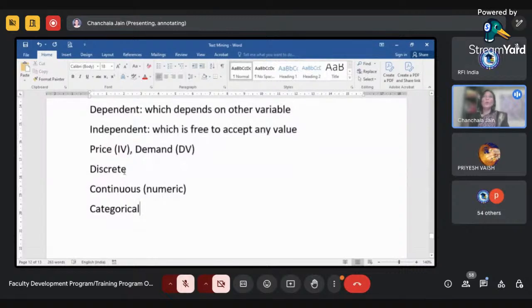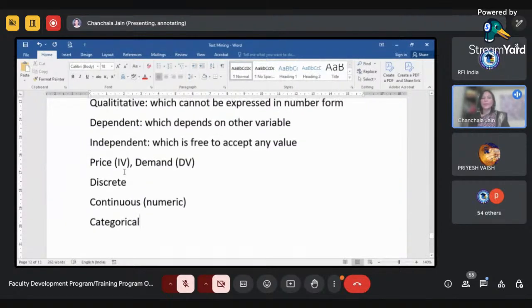Further, if we go on to understand advanced statistics, there is the latent variable, which one of you mentioned, the extraneous variable, the mediating variable, and the moderator variable. These are further classifications. Moderating and mediating variables are generally independent variables, but they exist in your study and control the relationship between the variables.